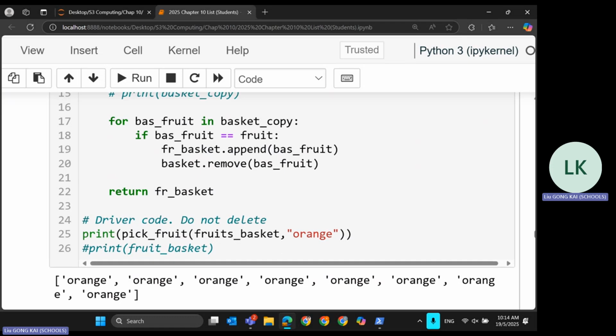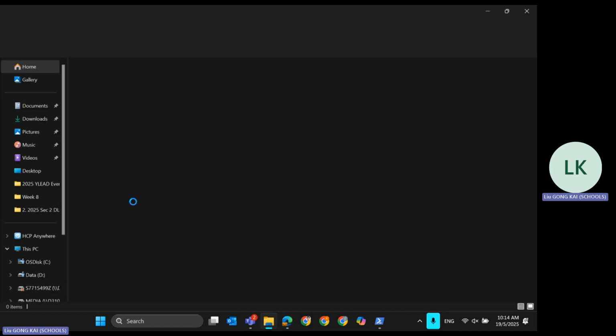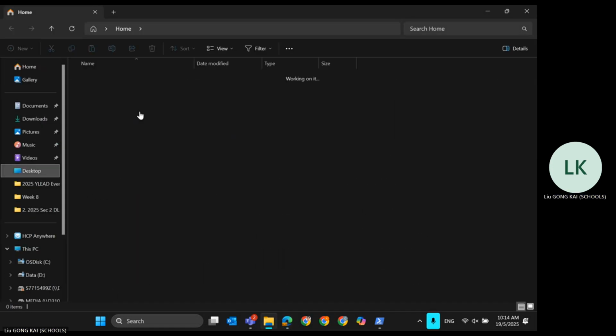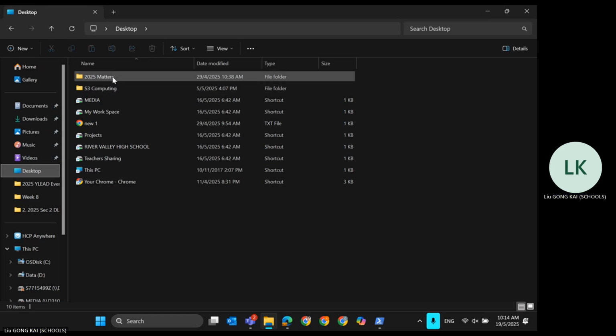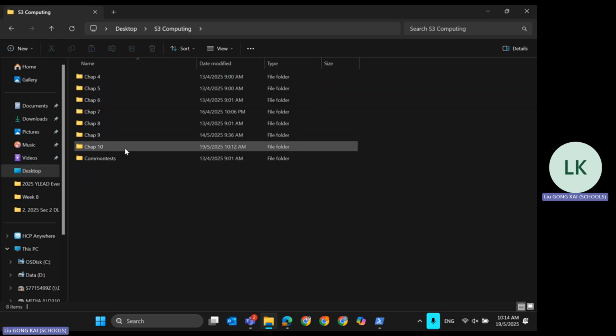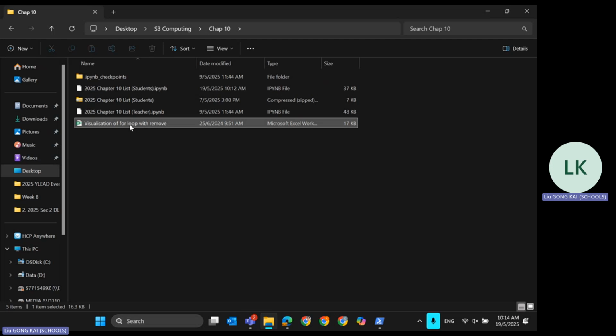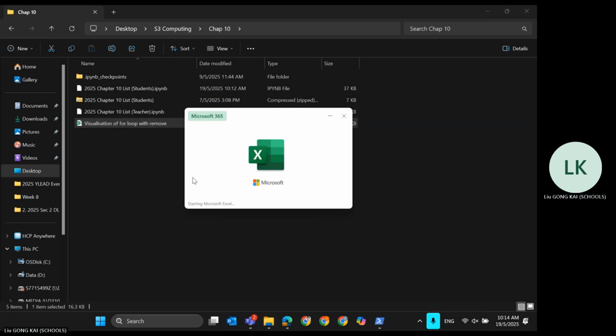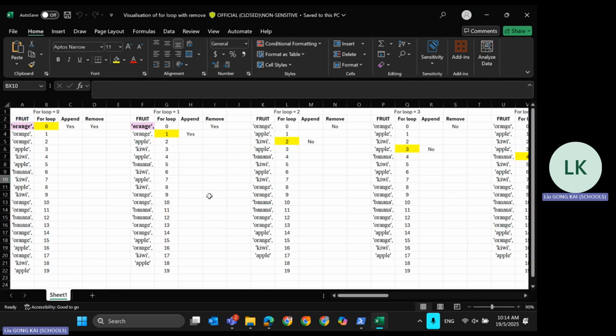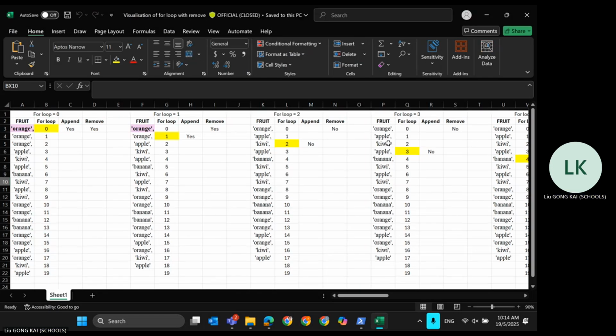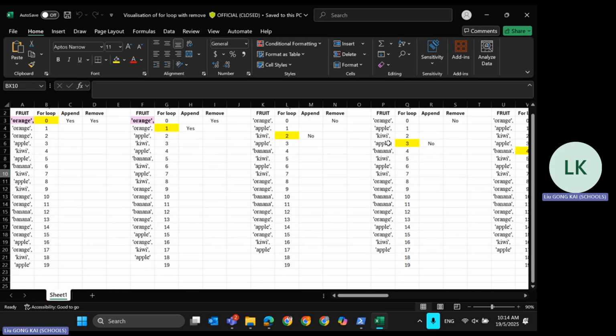Last year, I did this particular example, let me pick it out. Let me see whether I have this inside the folder. Because of dot remove, right? Once you remove the element, it's very small. I'm so sorry. Because when you do remove, it removes the element already, and then the fruits elements will move